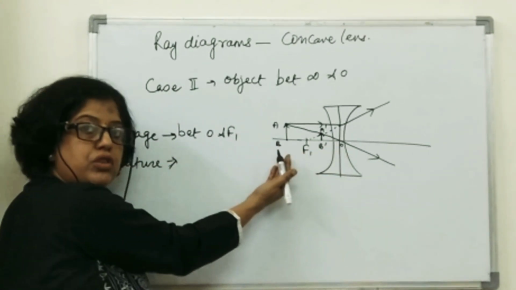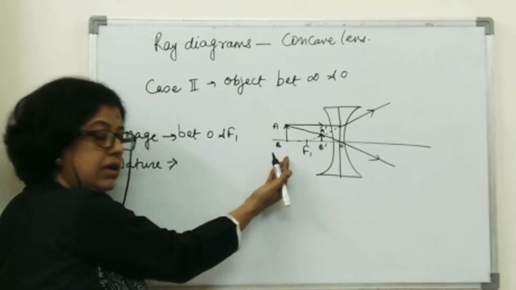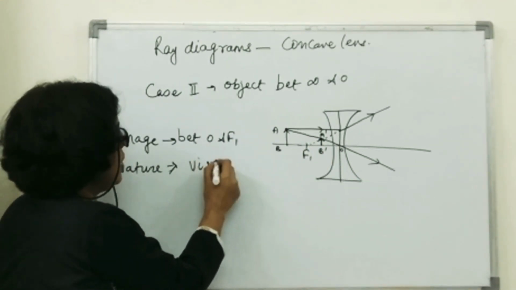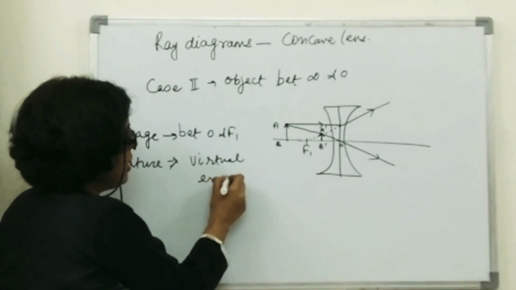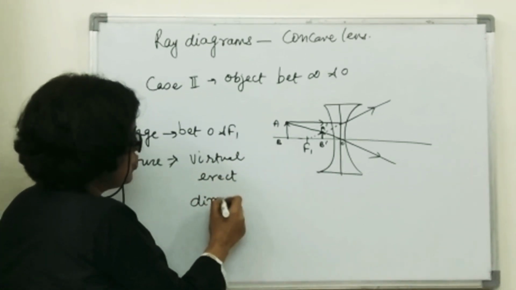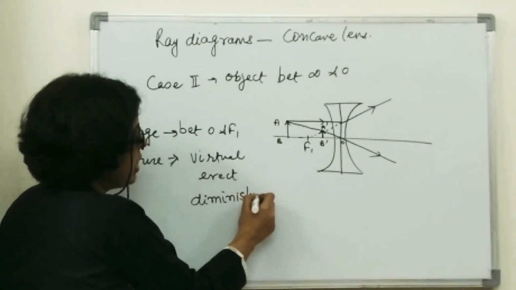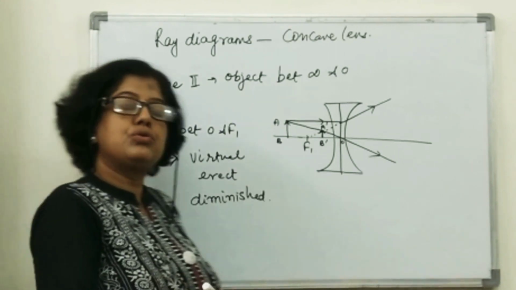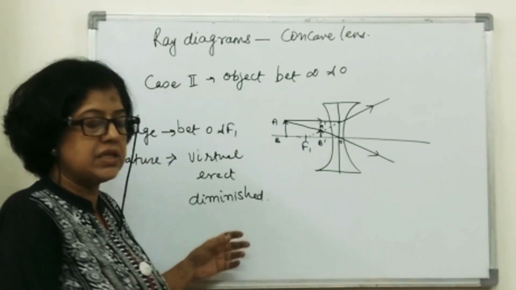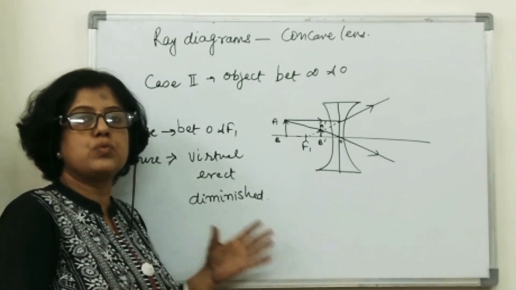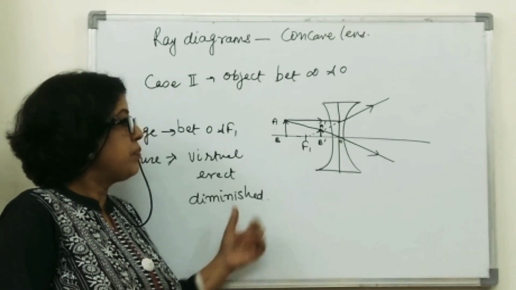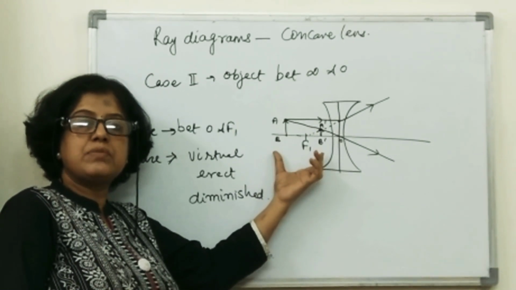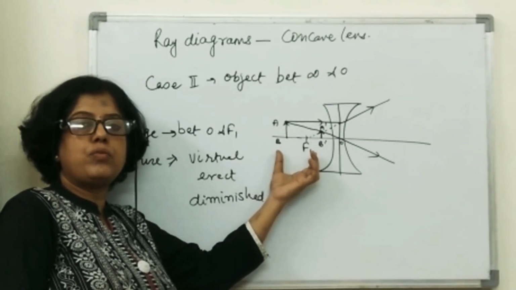and you can see image is formed on the same side as the object, right? And it is not formed by the actual intersection of rays. So image is virtual. As we can see, it is erect and it is diminished, smaller in size also. It is very much visible from the ray diagram. Fine. So these are the two ray diagrams for concave lens. We have seen that image formed in a concave lens is always virtual, erect and diminished, and image is always formed, therefore virtual image is always formed on the same side of the lens as the object.